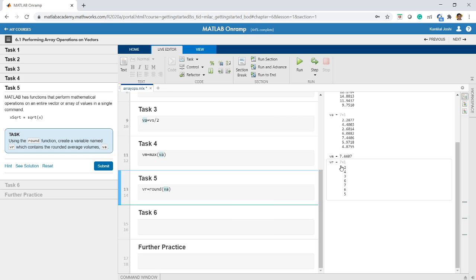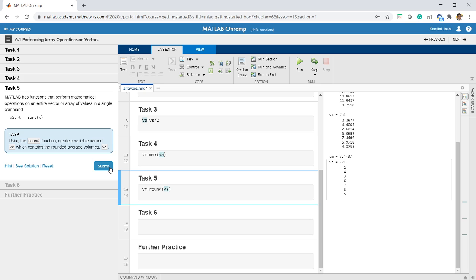You see, vr was earlier 2.2877, now it has become 2. Why? Because anything 0.5 or above will be converted to the higher number. So 4.4 will be retained as 4, 2.6 will become 3, and so on. This way it is rounded.